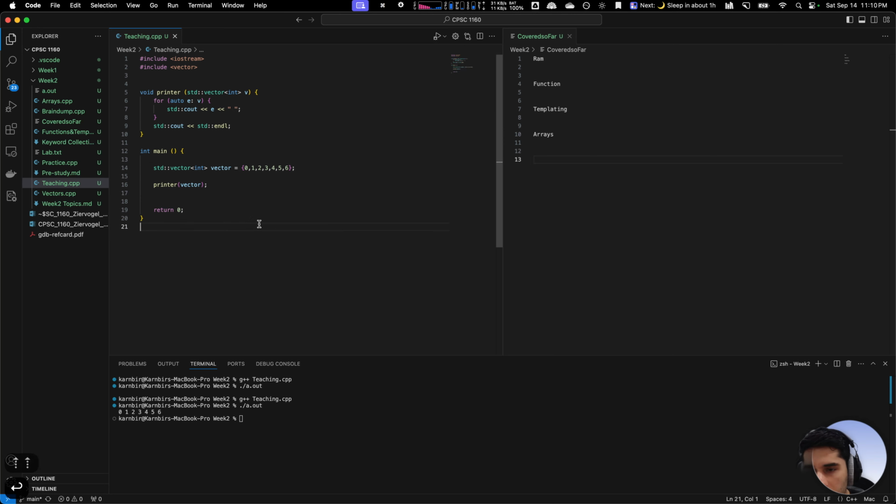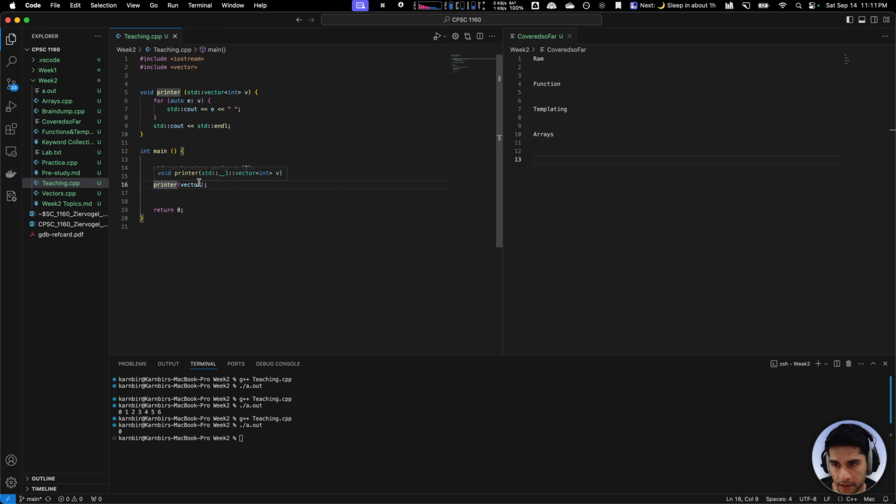So I just declared my vector like this. Actually, what I can do is declare a vector with just element 0 and print it out. Cool. And then I can make this a printer and have it